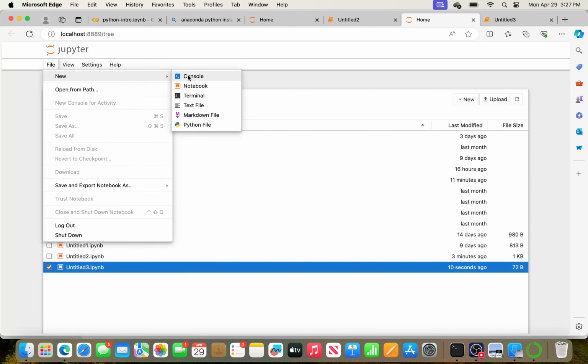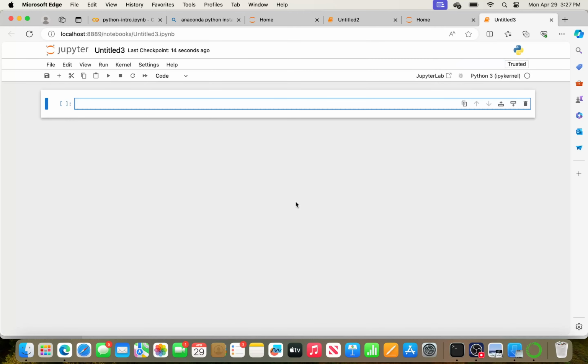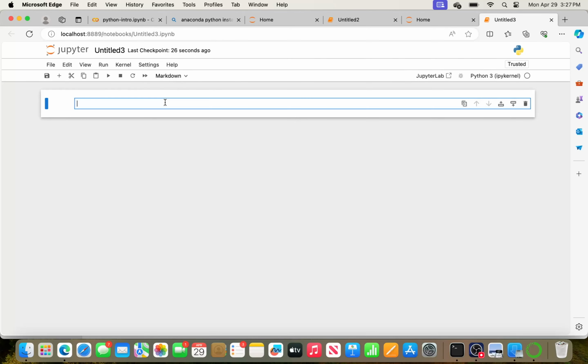You have so many things, like you can go for a console, but in this part I'm going to be talking about this one. So you can enter something here, where you have an option to say whether it's a code or a markdown. These are the two main things that you need to worry about. Markdown is nothing but like a notebook. You have a place where you can write